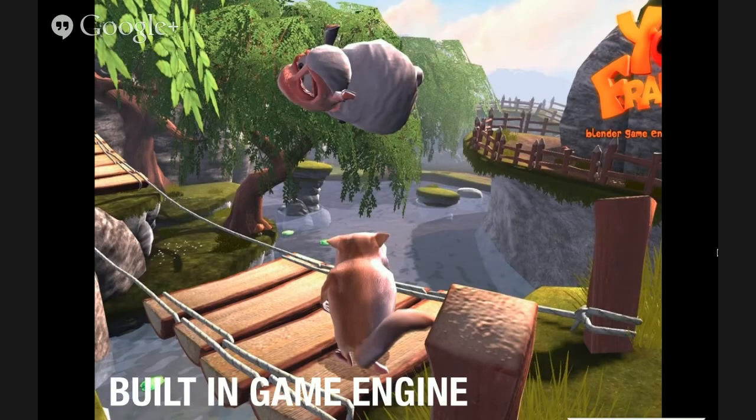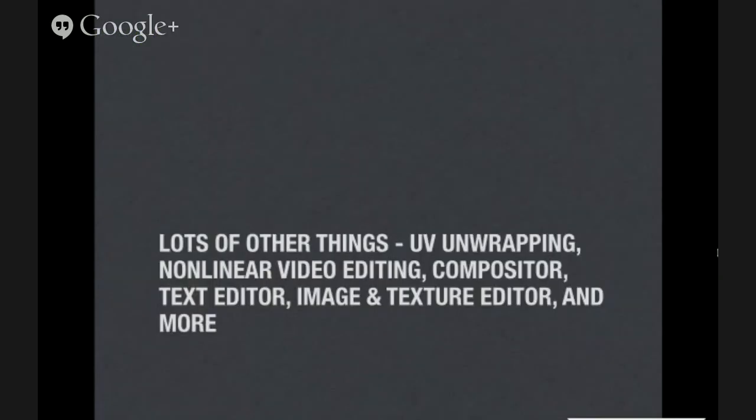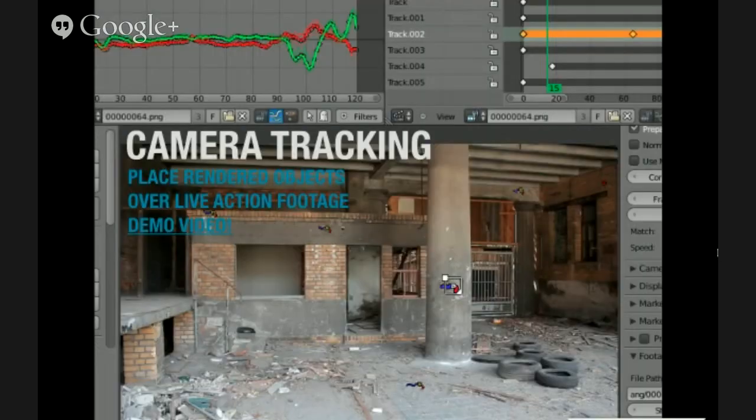There's all sorts of other stuff in Blender too, so I'm not going to go through all of it. There's this whole UV unwrapping thing for peeling apart meshes so you can paint textures on them. There's the compositor where you can composite together many images, kind of like Photoshop, but as a program instead of as a single operation. Yeah, so there's a bunch of stuff. So the last thing I want to talk about is camera tracking. This is the one that's most near and dear to me because I worked on it the most.